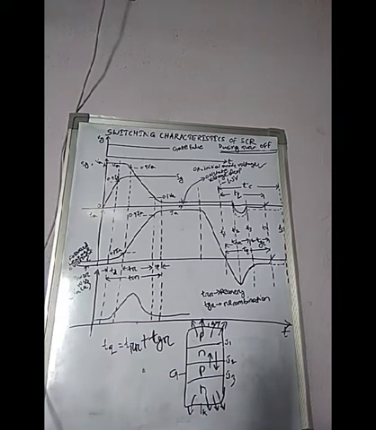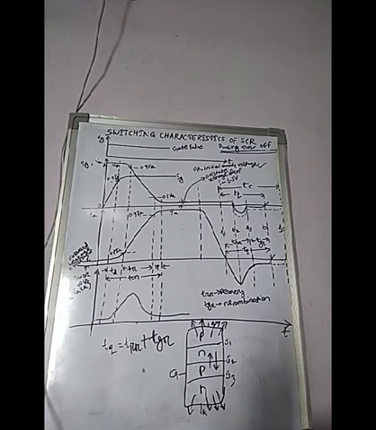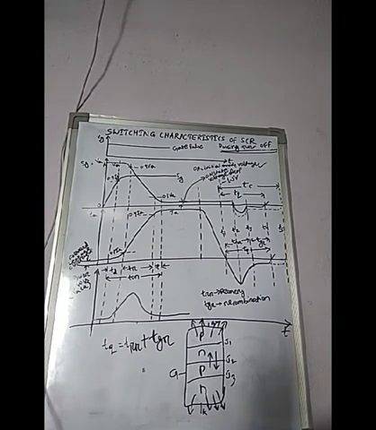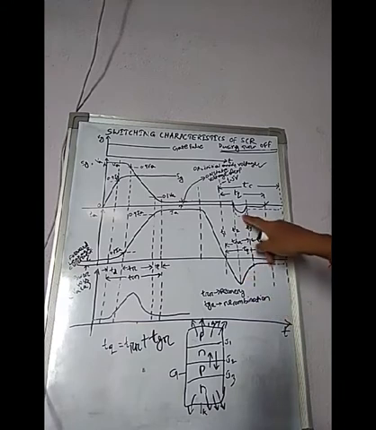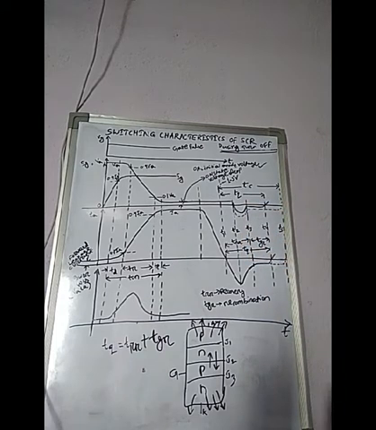Due to the circuit inductance there is always one EMF, that is L di/dt. That is one induced EMF. Likewise, due to this fast reverse recovery current, there is a formation of reverse voltage, or the appearance of the reverse voltage across the thyristor terminal, and it may therefore damage it. So this is due to the circuit inductance.